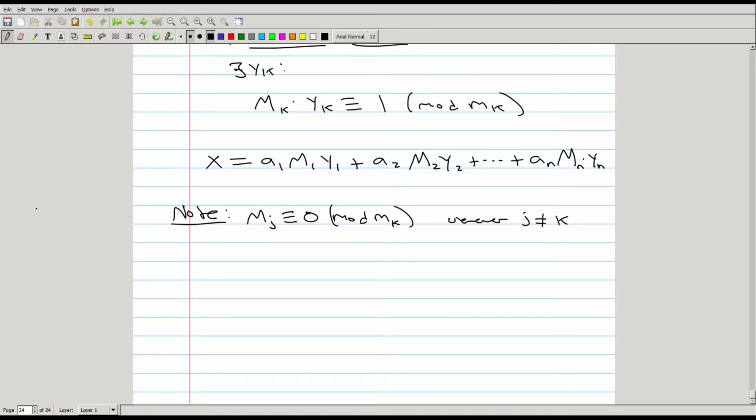And because Mk times yk is congruent to 1 mod mk, we then can clearly see that